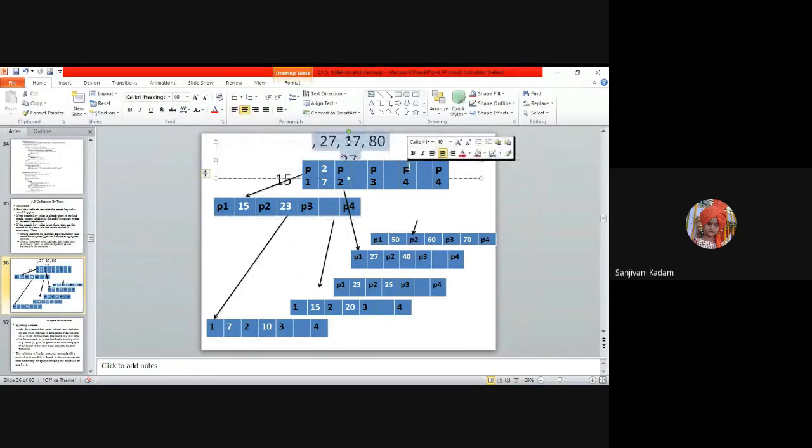Initially, I will take only these elements: 12, 10, 15, 22, 7, and 11.